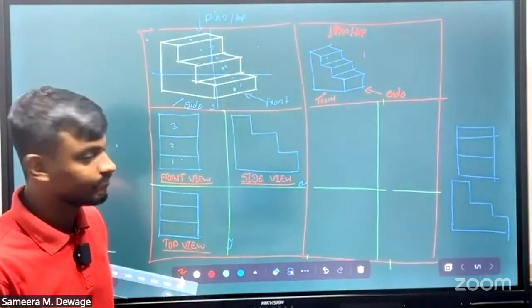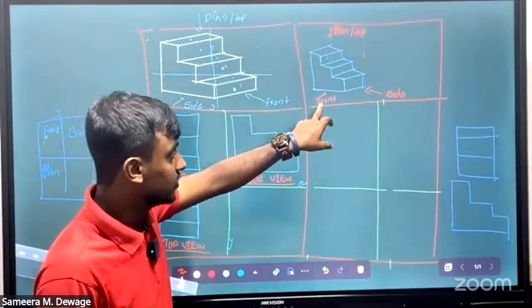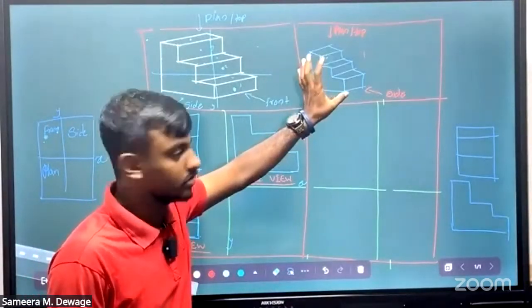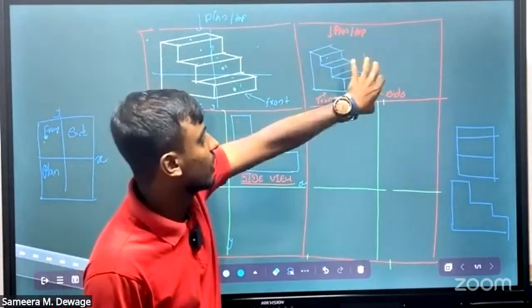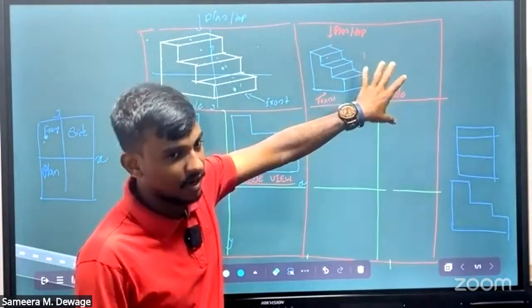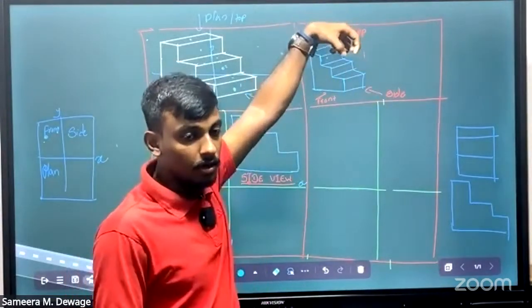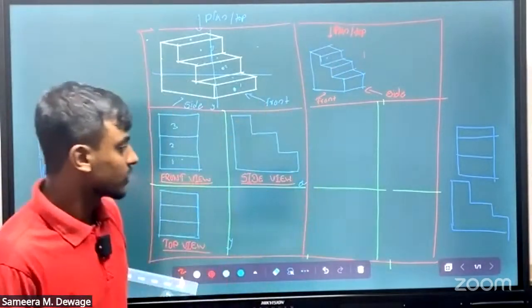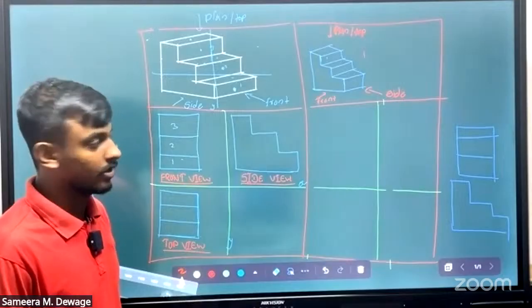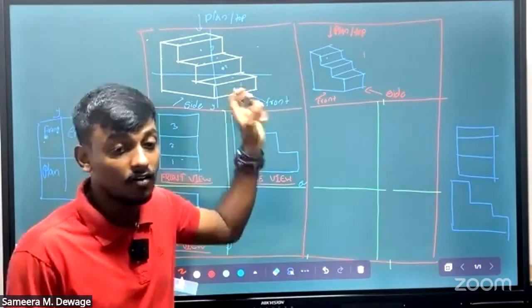Right. Here, this is our front side. This side is our object front. So this side is our object side. Side means left side or right side. So above, no issue. The plan or top view, right? If we take this side as our front,